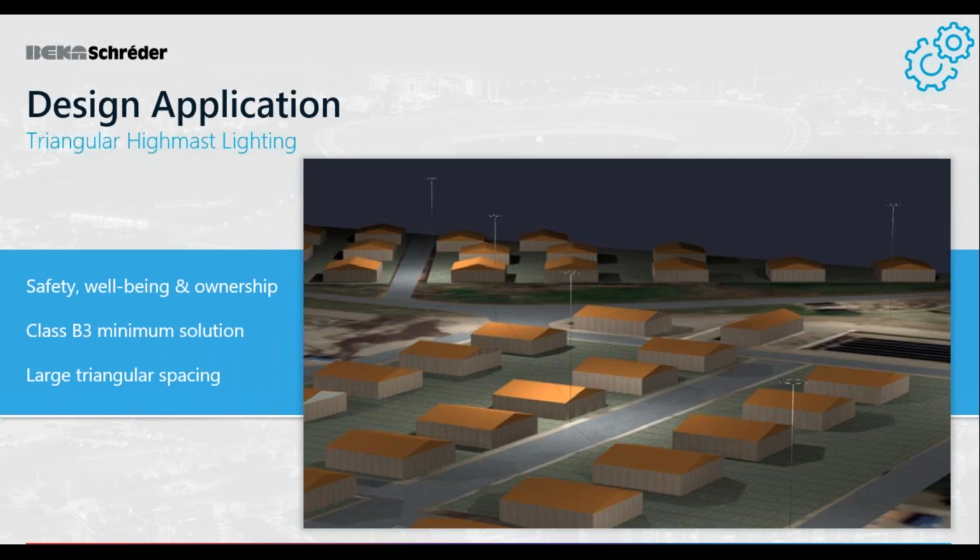So at least in this manner, we can back it up and say, if it's good enough for a residential area on a big 3-class road, it should be good enough for a rural area where there's either no lighting or bad lighting. So we do that. And just to give you an idea of what 0.4 lux could look like brightness wise